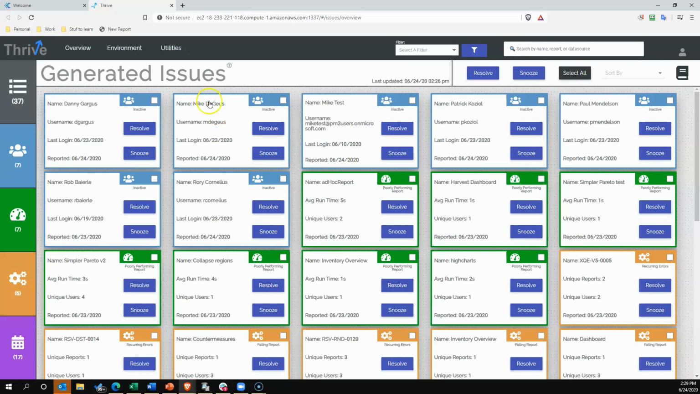On the Issue Tracker, you can see the various types of issues that exist and information about each issue in what we call an issue card. The issue cards are arranged on the screen in a particular order, with adoption cards shown first. These are cards related to your users and whether or not and how frequently they are using Cognos, followed by performance cards related specifically to report or dashboard objects and whether or not they are performing well,